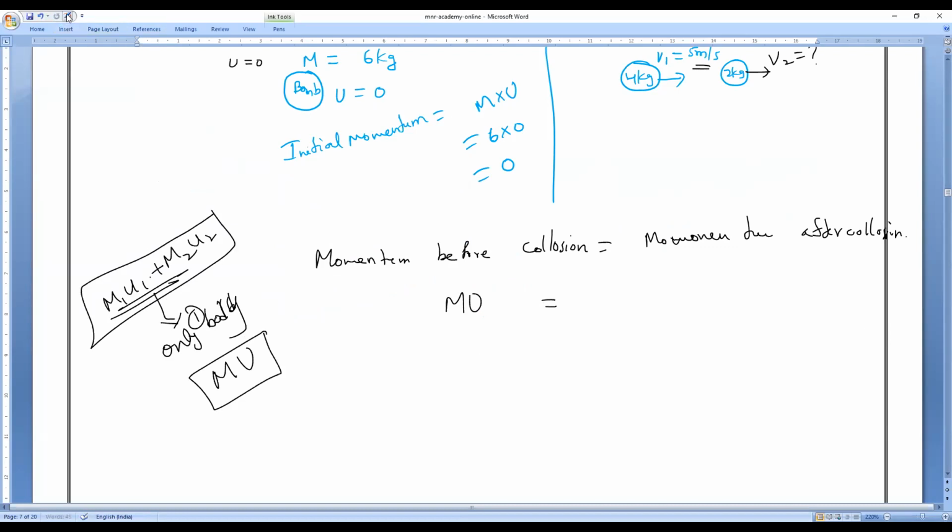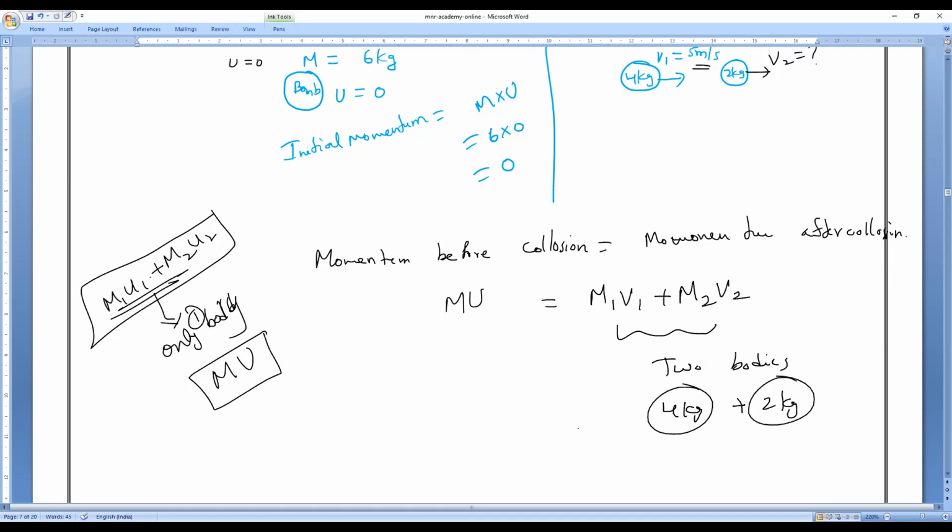So capital M U equals M1 V1 plus M2 V2, because after exploding, two bodies are there. It is split into two bodies: one is 4 kg and the other is 2 kg. So we can substitute: 0 equals M1, which is 4 kg, and V1, which is 5, plus M2, which is 2, into